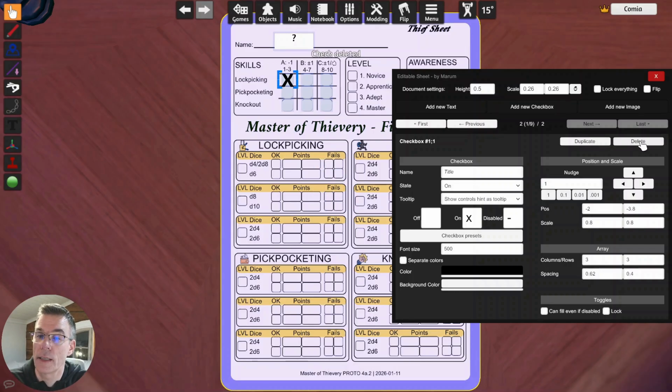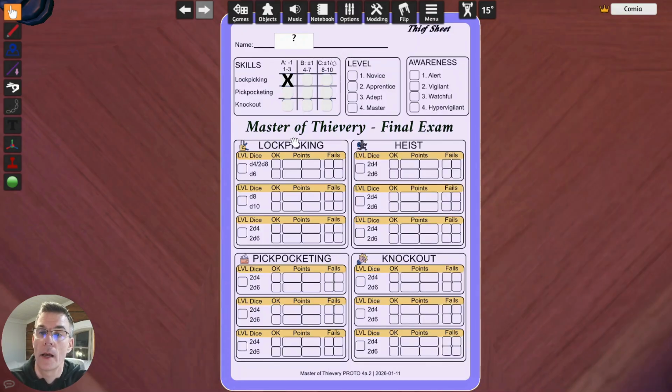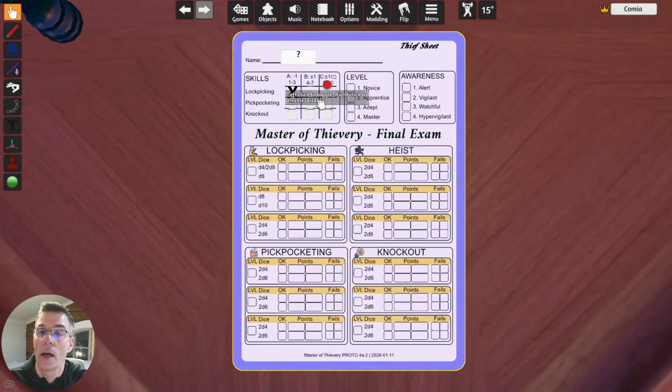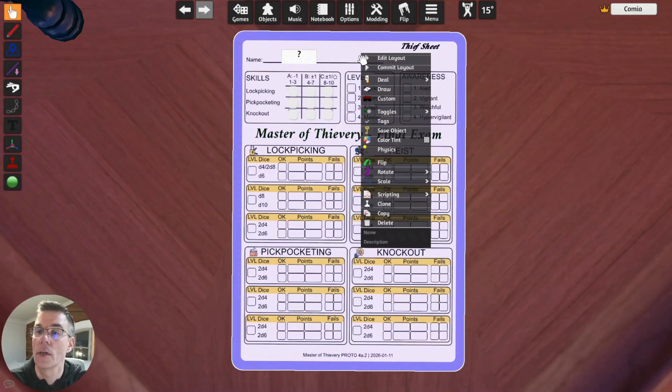Let's just delete this set. Like so. And I usually like to make these boxes transparent, but I'll just leave it like it is right now. And then the final thing is to commit layout.